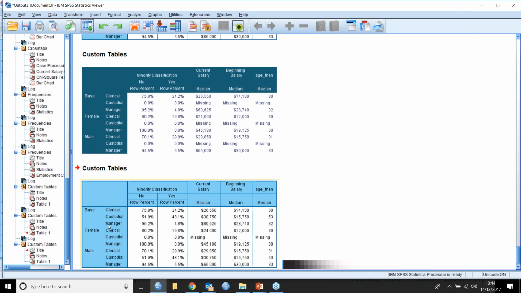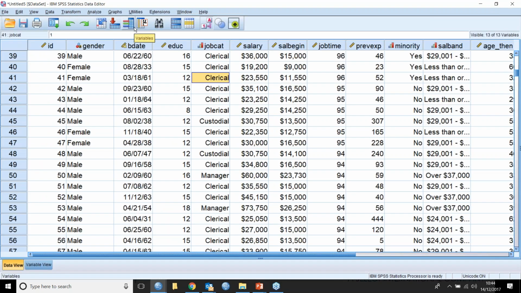But now we've got clerical, custodial, and manager showing up with just 0% of females. So you can switch these things on and off quite quickly and be quite productive with your filtering and your slicing and dicing of the data as you're working through it. If we finish up here, just having a look at the charts, we'll go to the graphs menu here, go